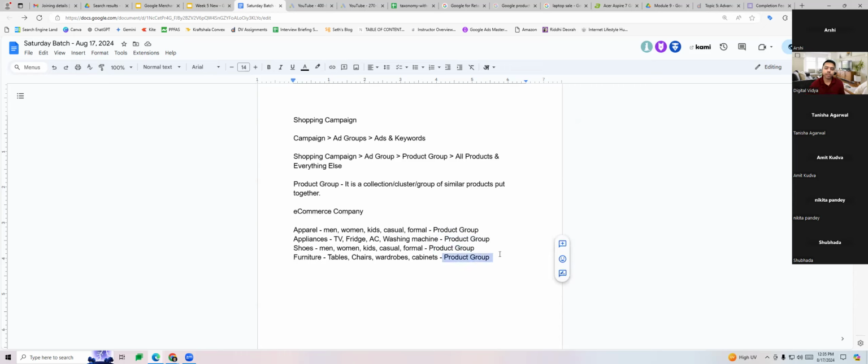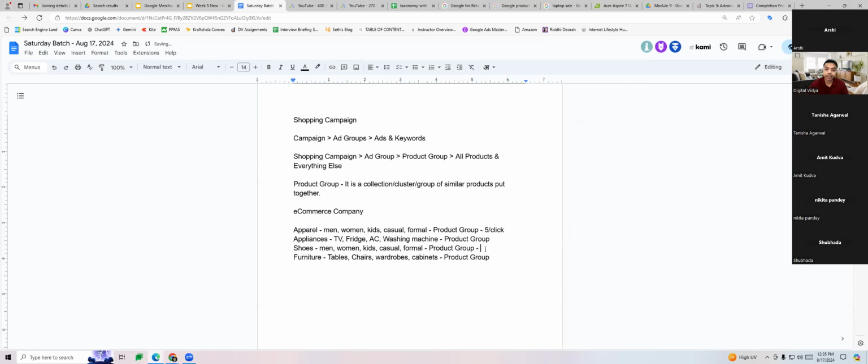I'll give you a practical example. Let's say this is my business where I sell these 4 categories of products. Let's say apparel is my best category. I make most of my revenue through apparel because most of the people who come to my website buy clothes. So I can bid high for my apparel related shopping ads, let's say 5 rupees per click.